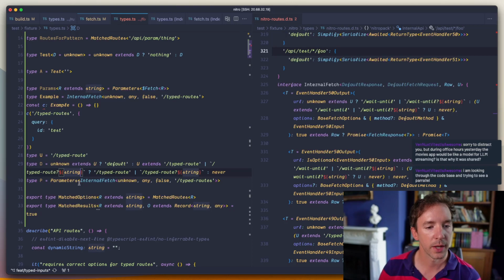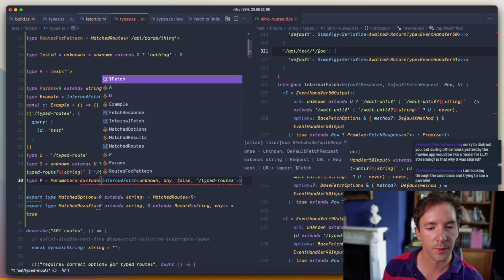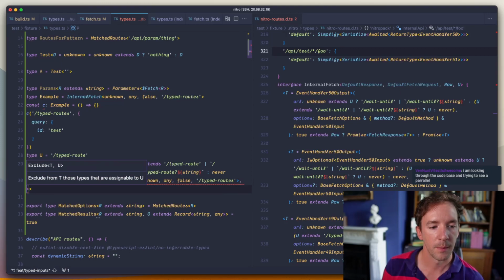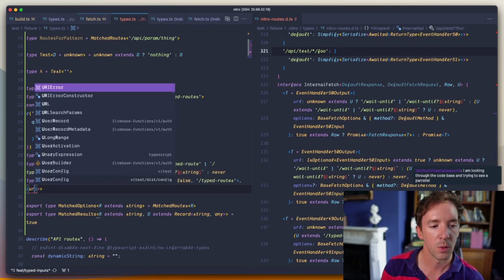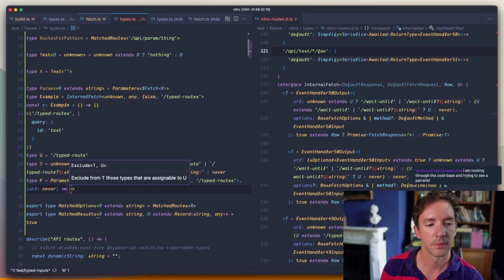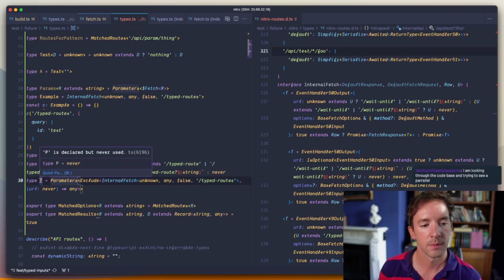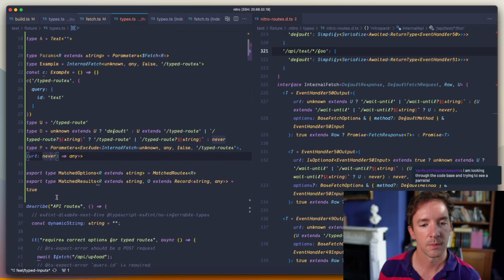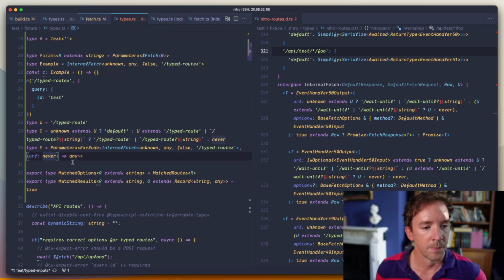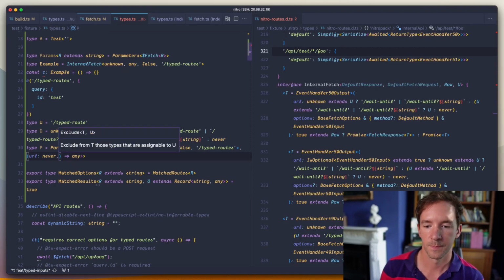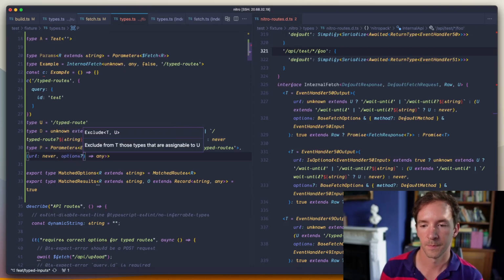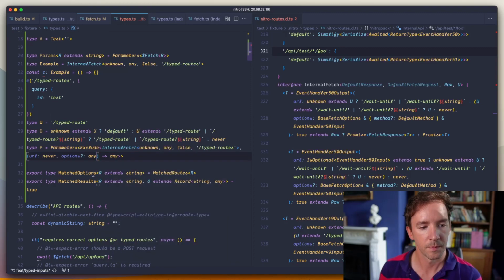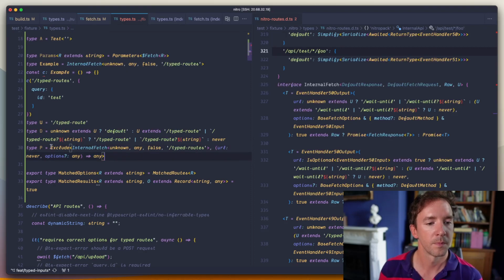So maybe we have to exclude. So basically exclude from that any URL never to any. Okay, because this is excluding a